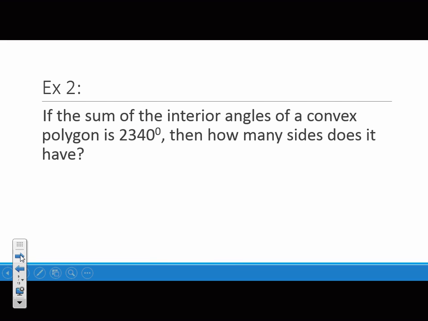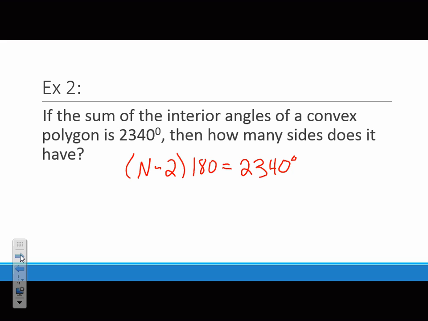Here comes example number 2. If the sum of the interior angles of a convex polygon is 2,340, then how many sides does it have? Well, if we want to find the number of sides, we're looking for n. So we know our total, so I'm going to plug it in. N minus 2 times 180 equals